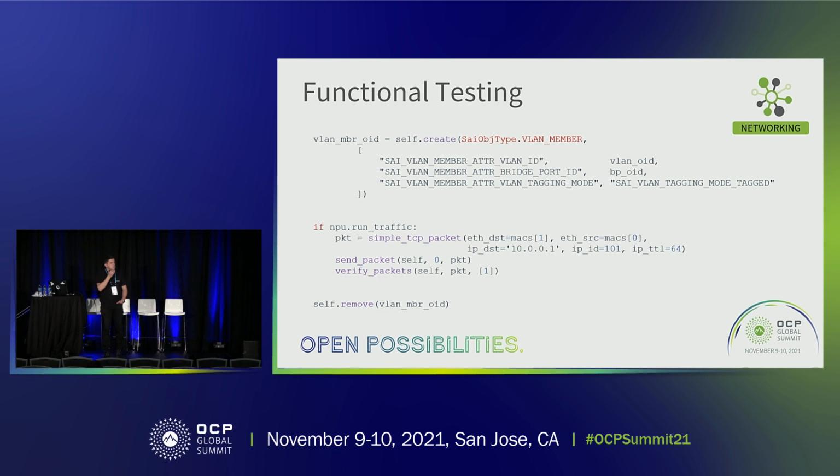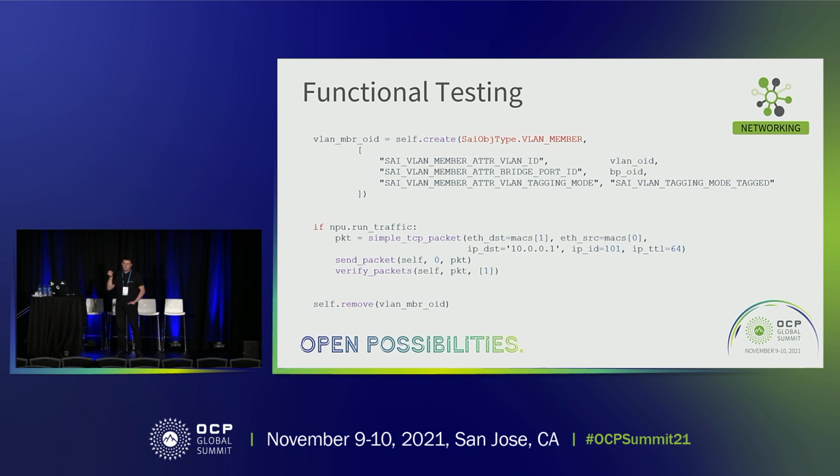So you don't need to remember the API for each separate SAI object. You can very easily understand what you configure just by opening your test case. Because, as you can see, the names of the attributes are exactly the same as those you can find in the SAI headers. Then we send and validate some packets and remove the object by the generic API, which is remove,